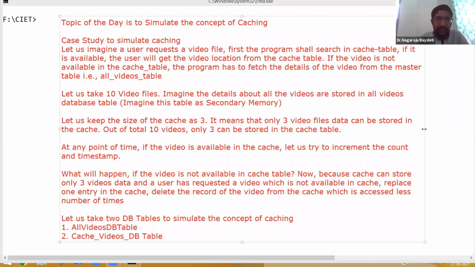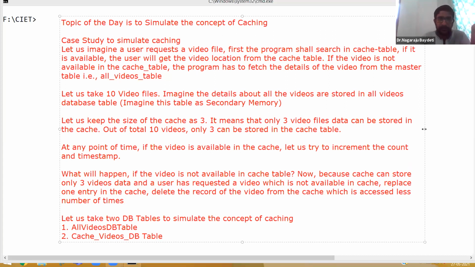You can say delete the record of the video that is accessed the least number of times. For example, in cache memory, one video is viewed 5 times, one video 3 times, and another only 1 time. So the least famous is the video with a viewership of 1.